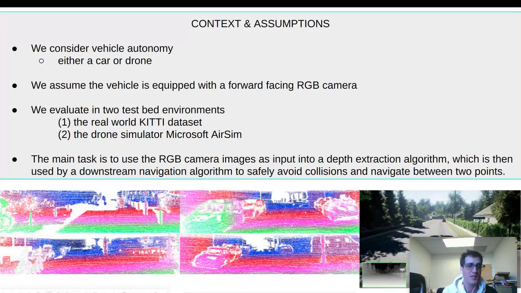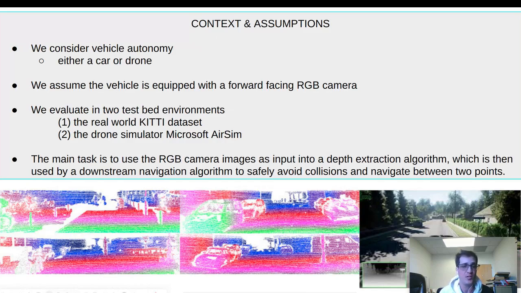Now the advantage of the simulator is, of course, we can launch to any point in time and space whenever we want and collect an observation. We can render physics and any collisions along the way. Whereas with a real-world dataset, we are fixed to the path that the data was collected on, and we have no freedom to move around in space and time. However, the simulator isn't as realistic, which is why KITTI is called real world, so we use both testbed environments for comparisons. So the main task is to take in an RGB camera input, extract the depth, and